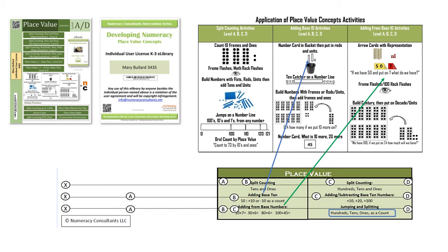So when you go through the instructional materials, there's one part where it says place value, adding base 10 or adding from base 10. You click on that and it goes through a series of representations, a concrete and then an abstract, and that's how you're teaching them to do that, because really this part is a measure of their understanding of place value and mental math. And again, in the books, you would look at the levels that